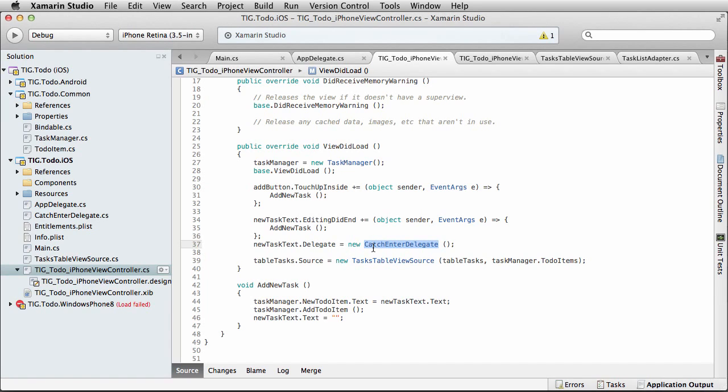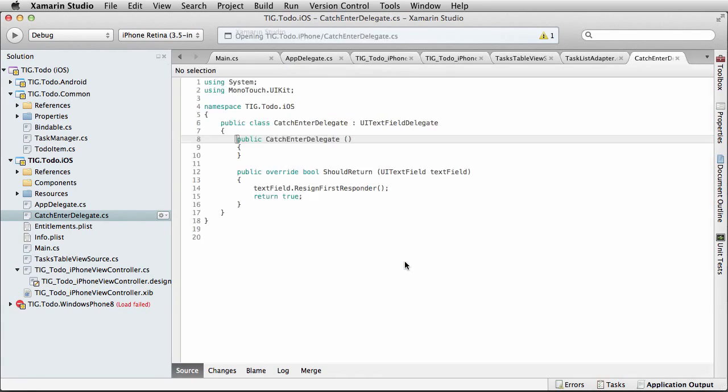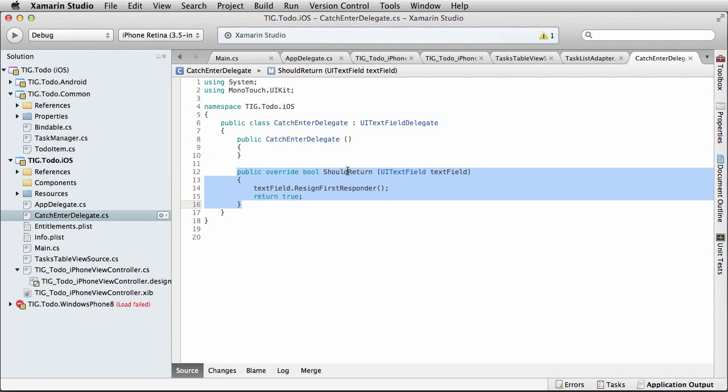So we created a class called new catch enter delegate. And if we go over to the left here, we can see it in our Solution Explorer. We can also right click on the class name and say go to declaration. And what the catch enter delegate does is it's a UI text field delegate that lets us intercept or act on behalf of the text field. And we want to override one method, should return. And when should return is called, we can tell the text field to resign its first responder duties and return